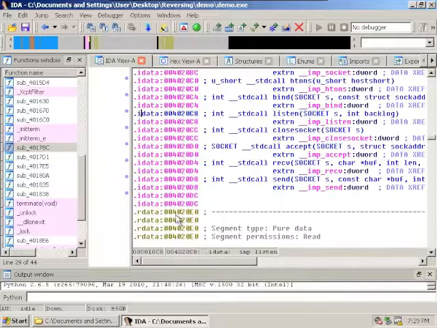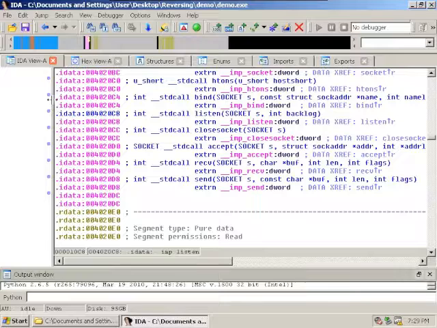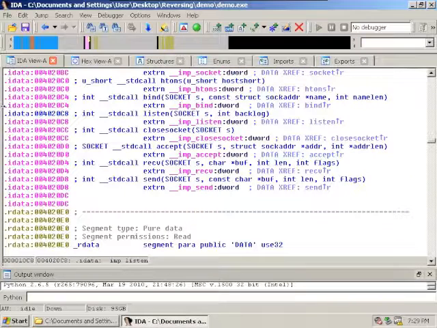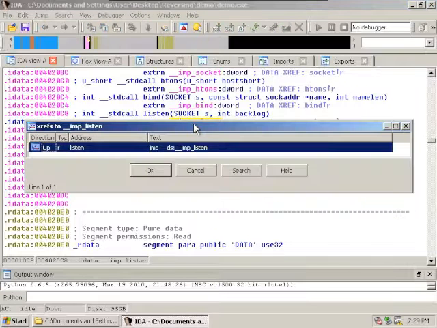I'm going to double click on it. And actually I'll close this to make it a little bit bigger. Okay, so this is the listen function. It is imported from one of the Windows libraries. If I press Control X, this will give me a list of cross-references to this function. It'll give me all the locations where the program uses this particular function. There's only one such location,